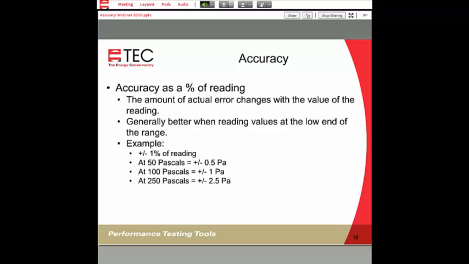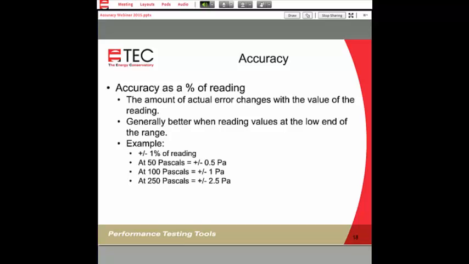At 100, it's 1 pascal, and at 250 pascals, it's 2.5. So you can see that it's a fixed percentage, but the value increases the higher up you are on the scale.